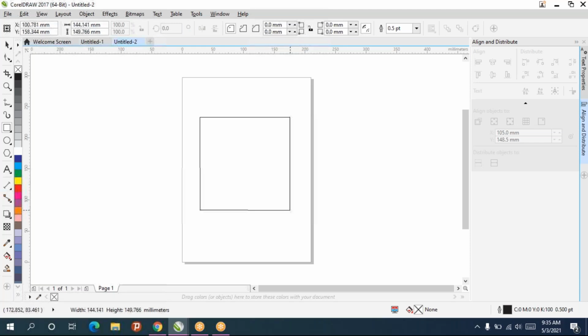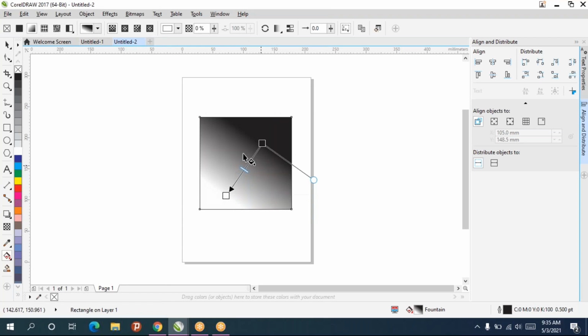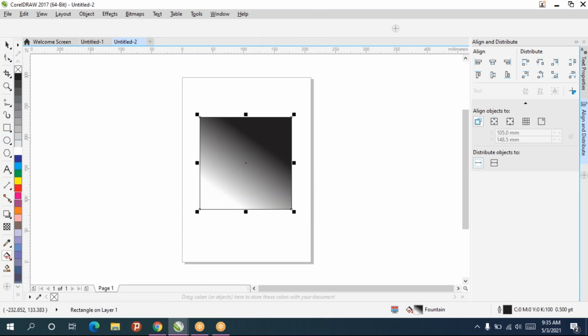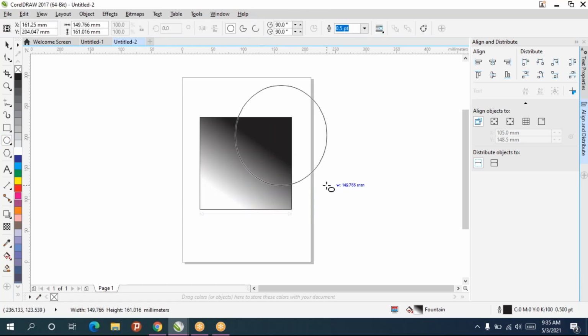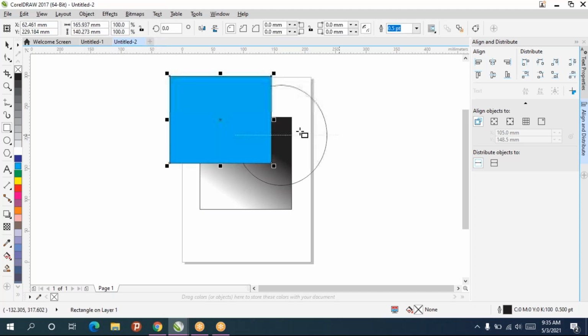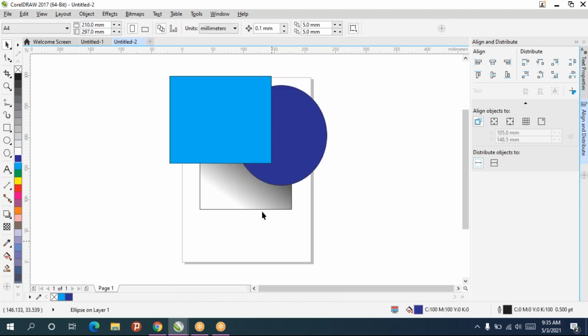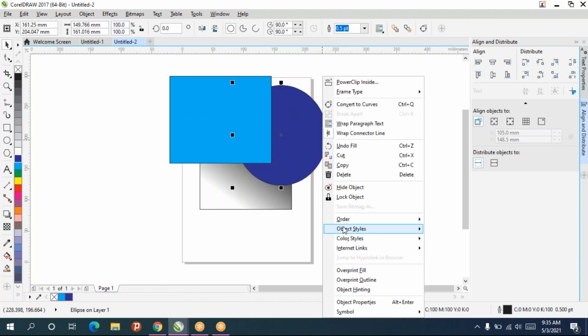Okay, so gradient, that means interactive. And distribute is more important. Always remember align and distribute and arrangement of the objects. Just select objects. Which object do you want to send back or front?